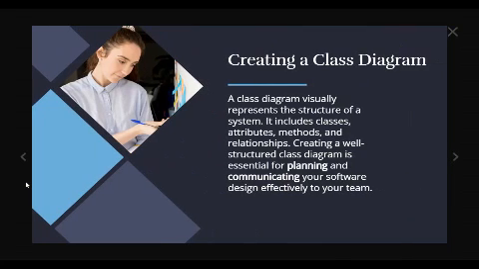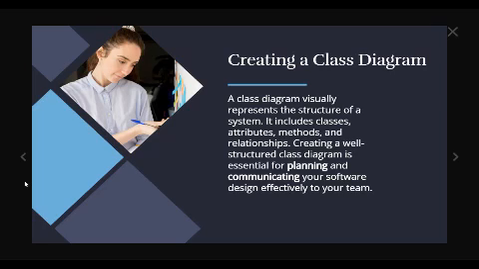Now we will see creating a class diagram. How do we create a class diagram? This is about how to create class diagrams and UML. A class diagram visually represents the structure of a system.